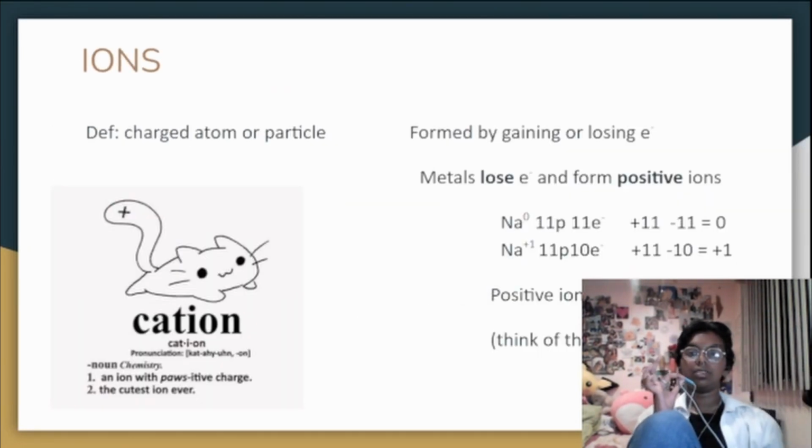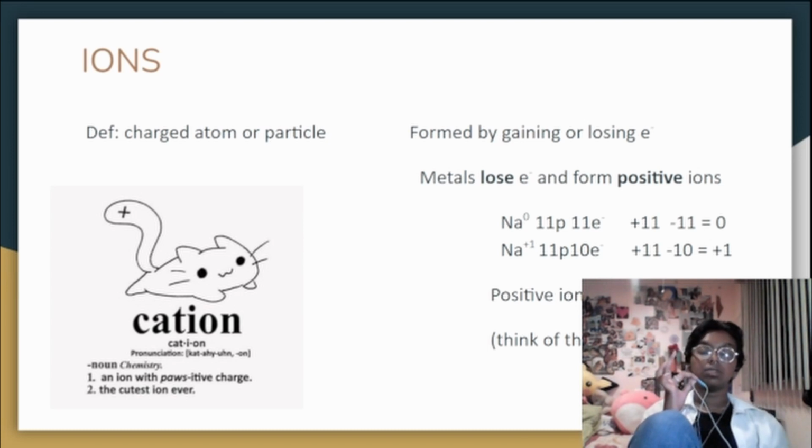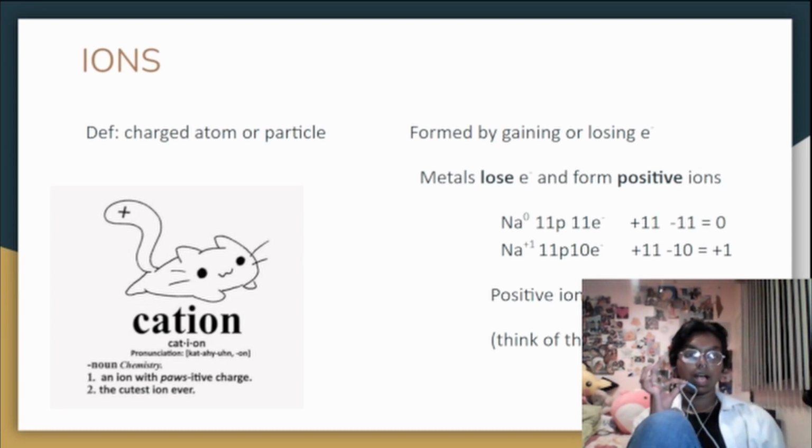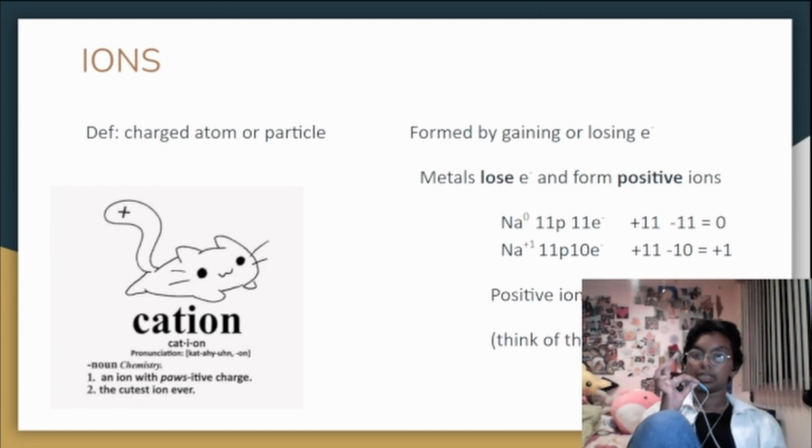Okay, ions. So this is our charged atom or particle, right? Ions are formed when an atom gains or loses an electron, right? So metals usually lose electrons and they form positive ions, right? Positive ions are called cations, and the way you can remember cation is